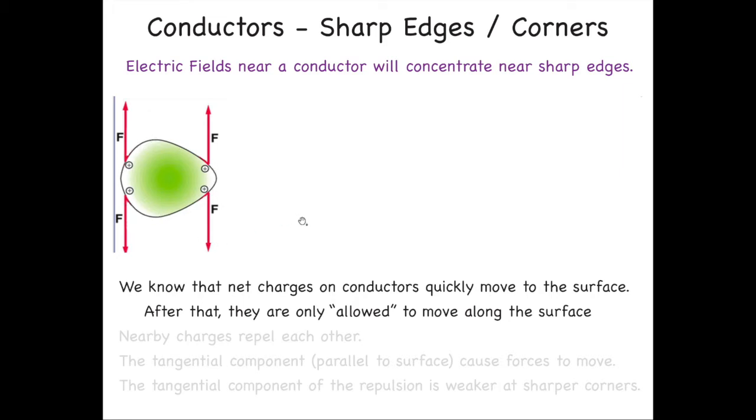So where do they distribute themselves along the surface? Well, in a sphere, everything's perfectly symmetric. It has to be symmetric, right? But what happens if it's asymmetric? What if one side looks different than the other? Well, we know that because all the excess charges are the same sign, by definition, here positive charges, these charges are going to repel each other. They're going to want to try and get far away from each other,